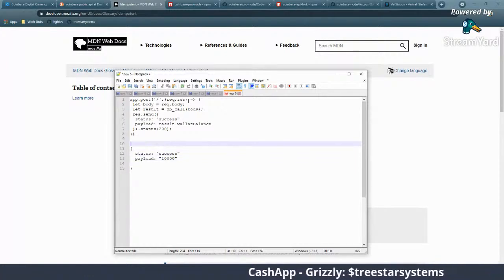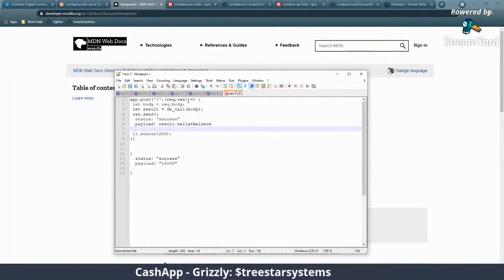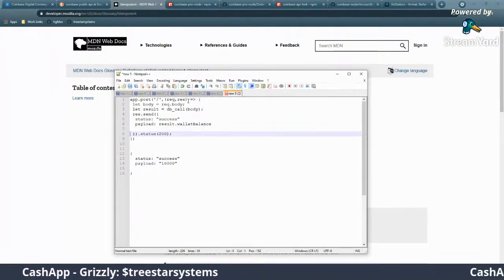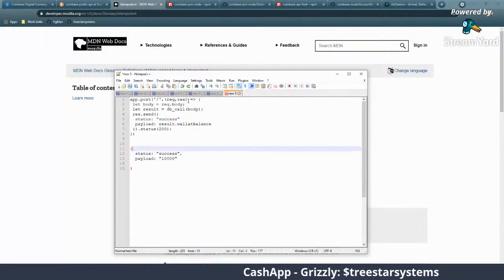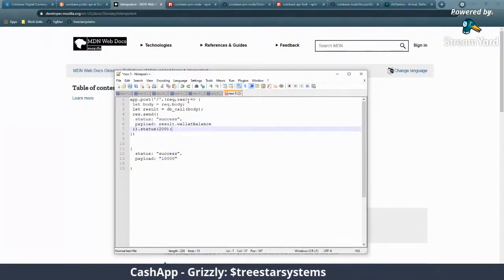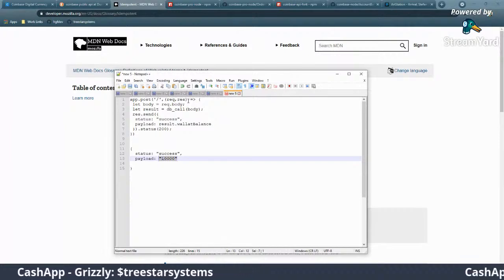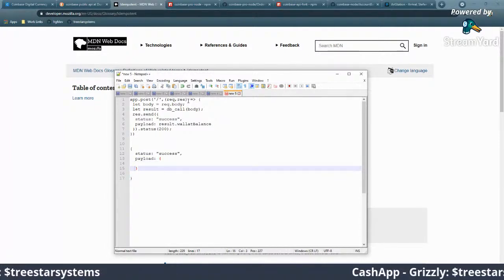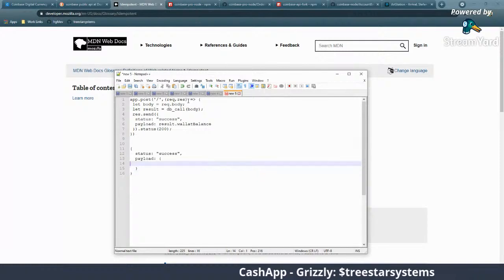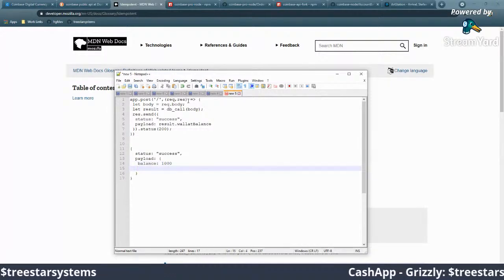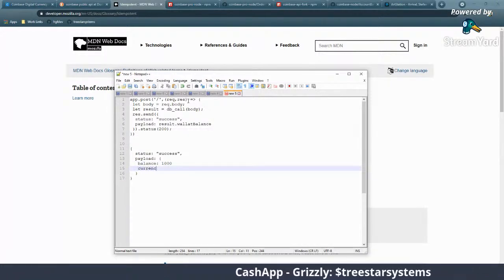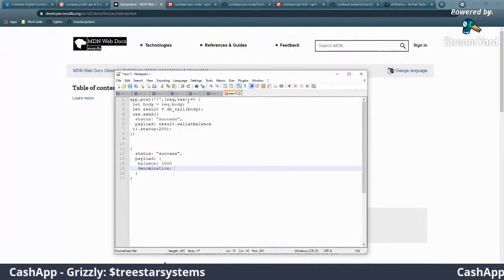And then maybe it actually has, actually maybe that, again, we're just gameplaying, we're just thinking about a scenario here. Oh, forgot the comma. That would have been an error. Maybe that payload is actually a JSON object, right? And that JSON object contains balance, 1,000. And we might have currency or denomination. I think I spelled that right. And then the denomination might be